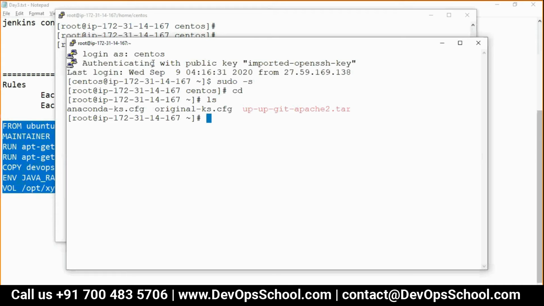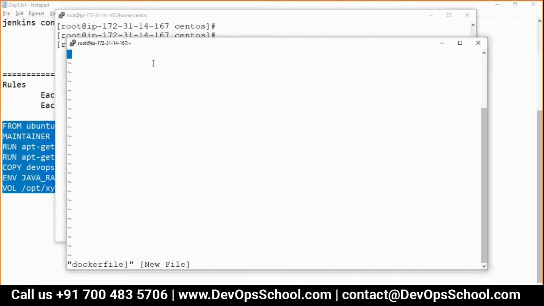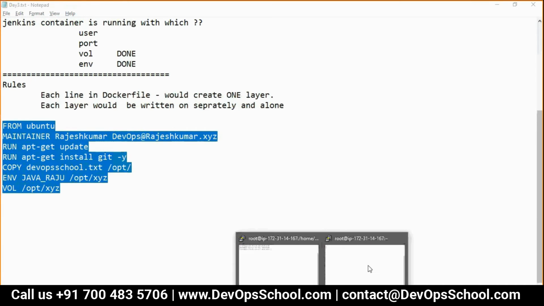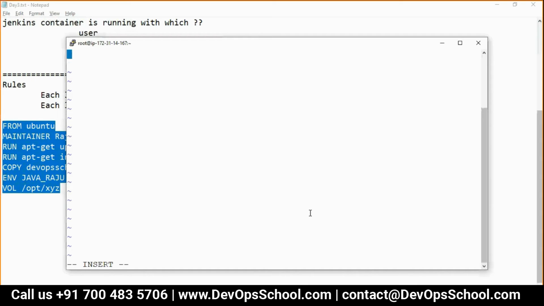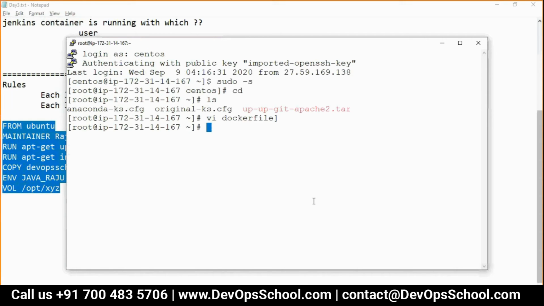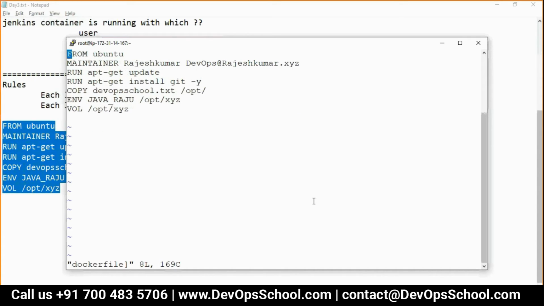That's the last topic and the most important topic. Okay. So vi Dockerfile, save it. What command do you have to run?